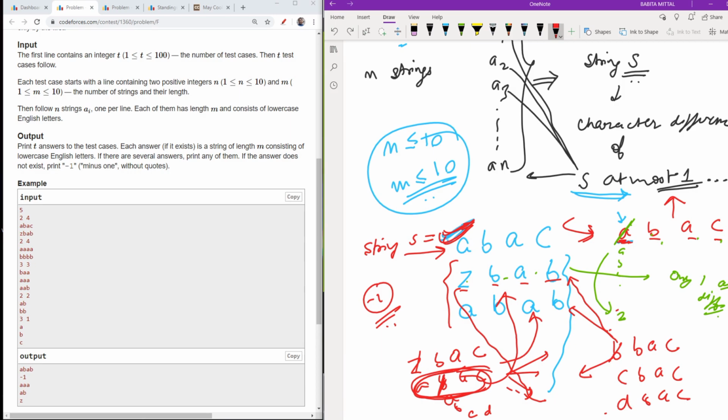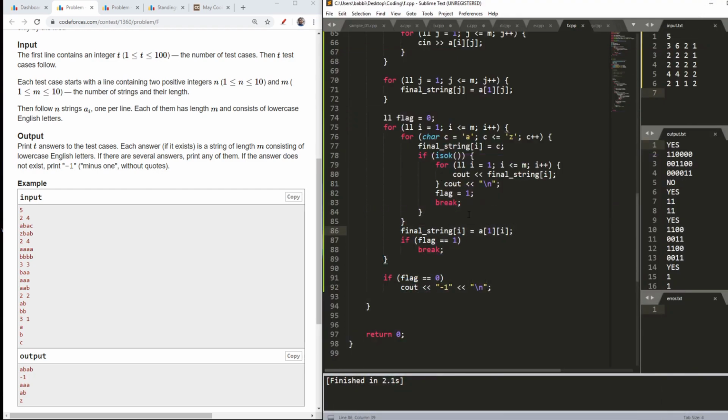If I modified this as Z and then modified it again as A or B or C or D, that is not allowed, because I can modify at most one letter. So I will modify it back to the original value, and if my flag is 1, then I will break out because I have obtained my value.